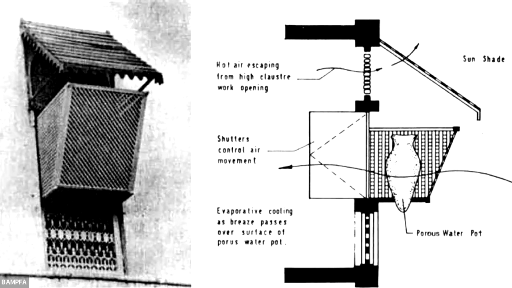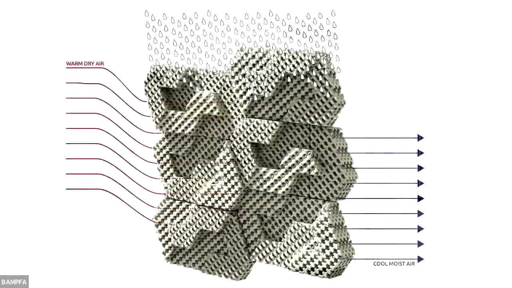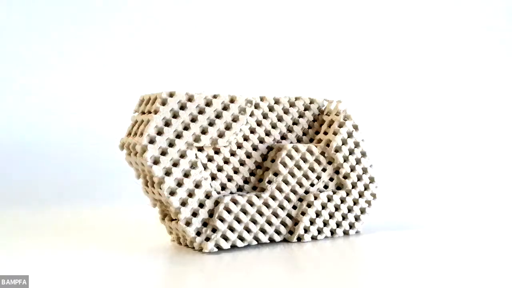That's still used today all over the world, in India, in the Middle East, in North Africa, in Southern Europe, in Spain. And how that could be a single building module? Because we discovered that we can 3D print bricks with very high porosity that absorb water like a sponge. And when the brick absorbs water and warm, dry air passes through it, it can actually cool the temperature of a building inside. So this is what we call the cool brick.